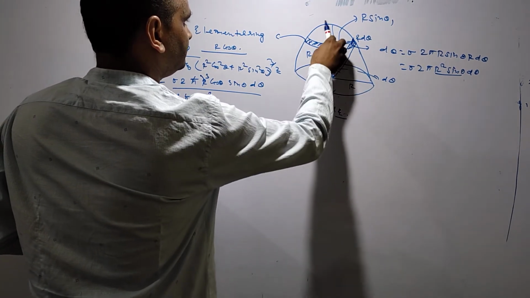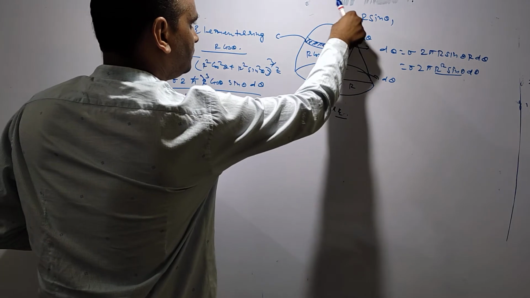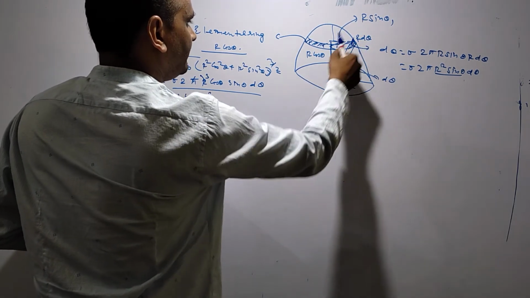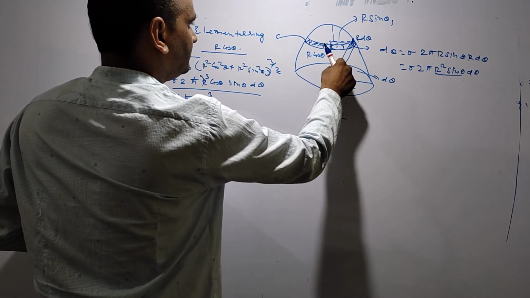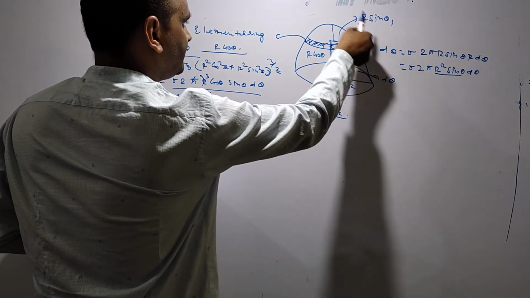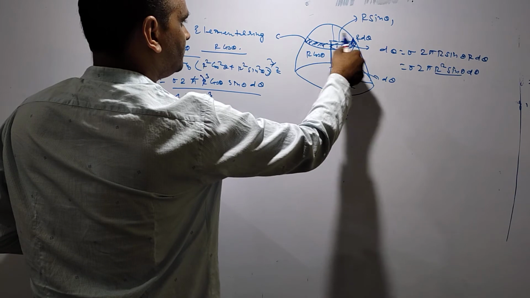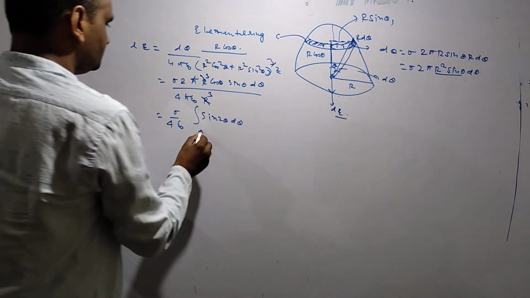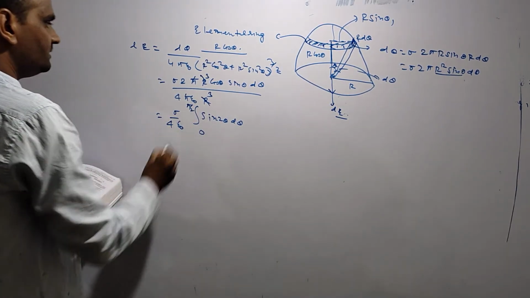This is going to cover the whole area when theta starts from 0 degree and rotates in these directions, from 0 degree to pi by 2. So 0 degree to pi by 2, this will be your